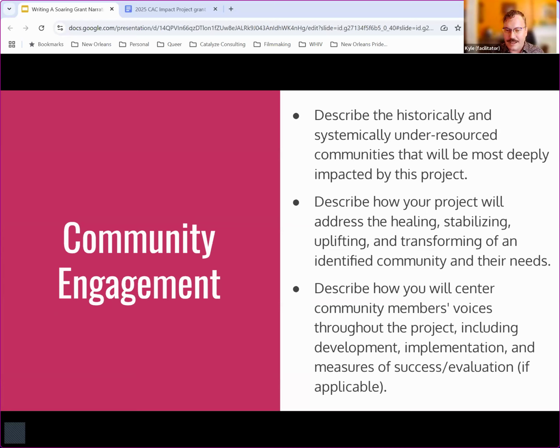So when you're answering that question, do development, implementation, evaluation as your little subject heads. You can get a little bit more creative than that if you want, absolutely, but really make it clear that you're addressing each of those areas. And do it in your own planning. Make sure that you are centering that community throughout each stage of your project.